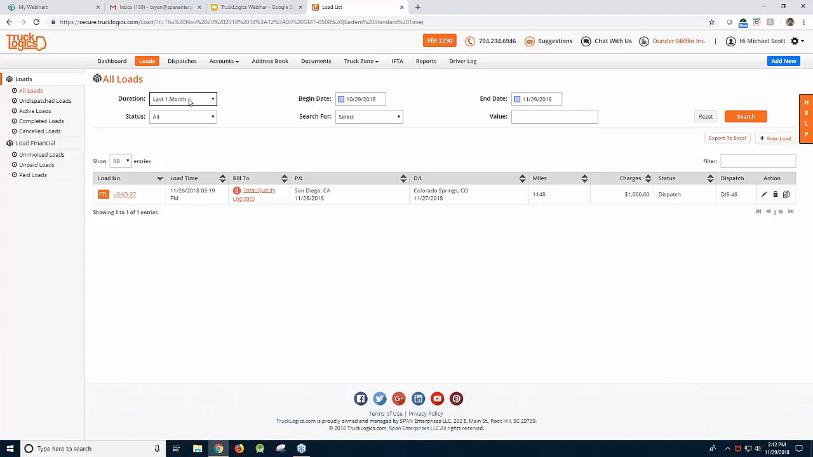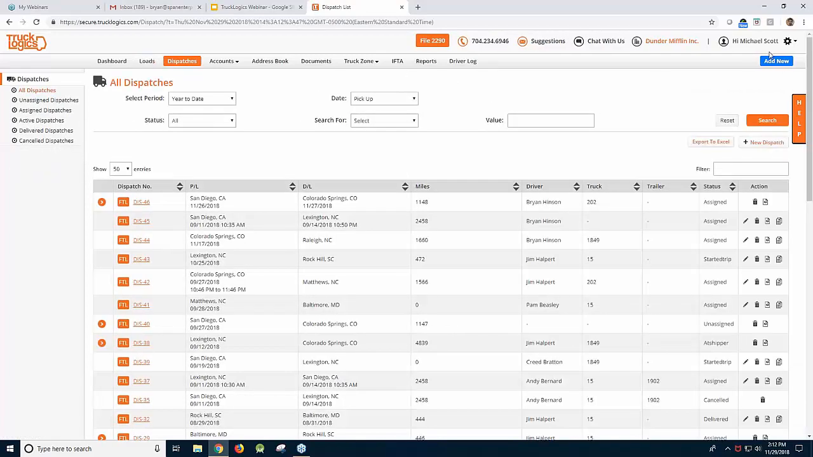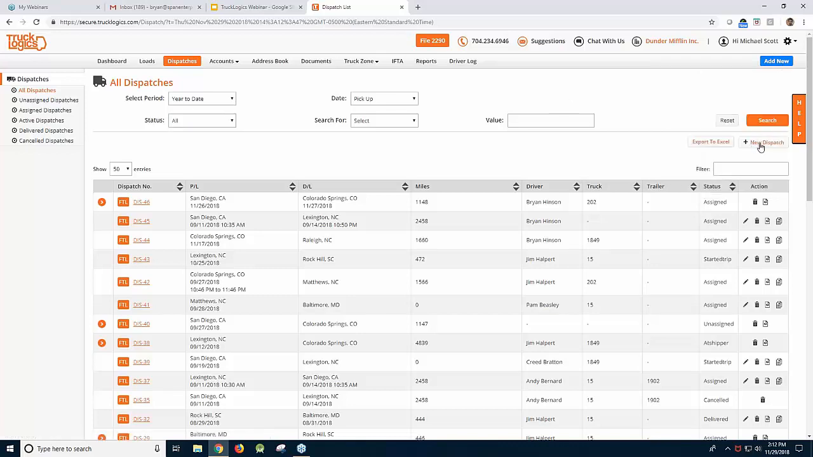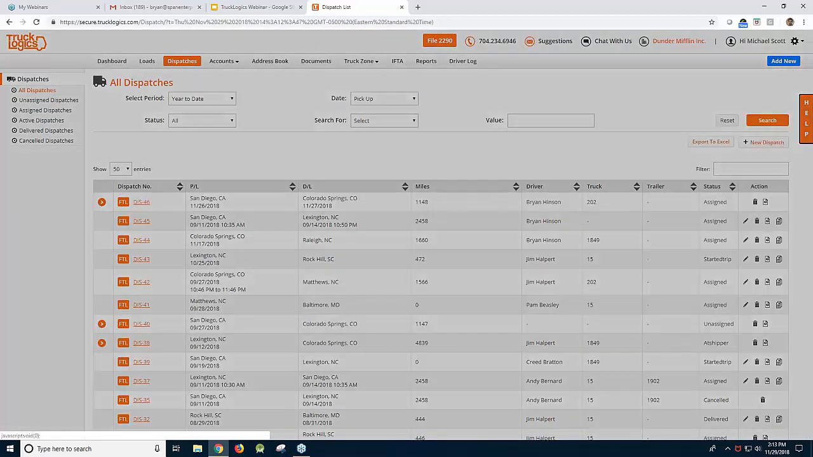But if not, if you're just doing full truckload over the road trucking, you could most likely get away with just skipping loads altogether. And you can do what's called a quick dispatch, and save yourself a step. So you can go add new here, or you can go into dispatches and click the new dispatch button. If you click add new and just go directly into dispatches,